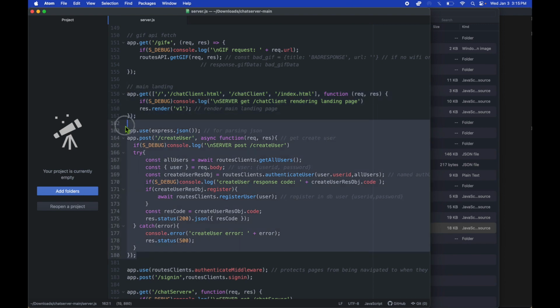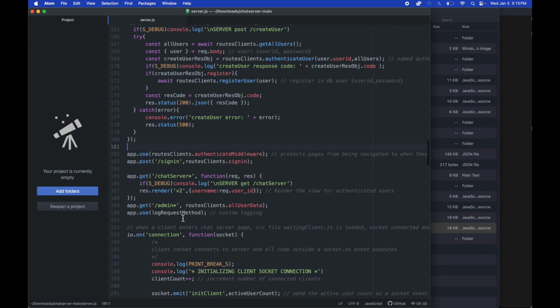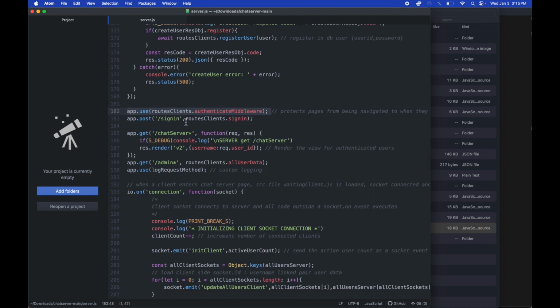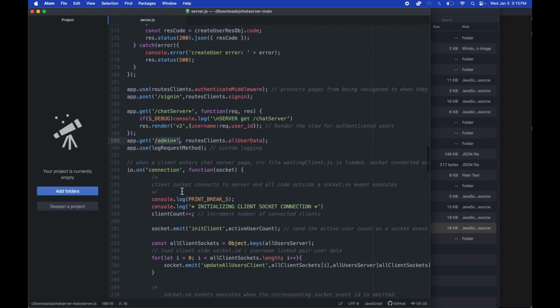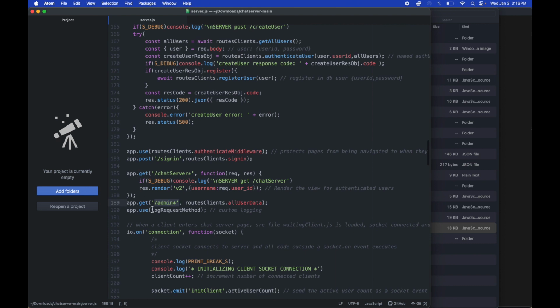Creating a user does not require authentication middleware, but here everything after is authentication middleware. So when you're signing in, when you're trying to access the chat server, when you're trying to access the admin page,